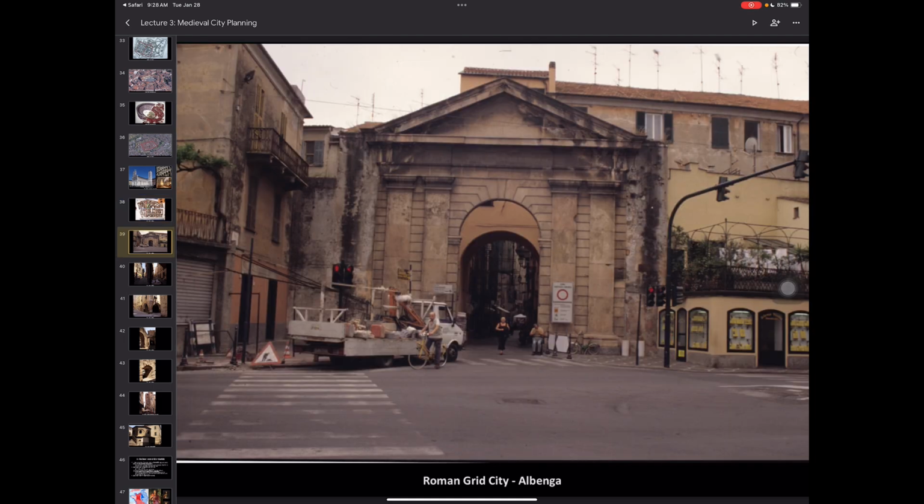This is the entrance to the city, right? So if you enter through the Cardo, it is marked by this gate. What style is this? What time period would this have been from? When do we see them have the rebirth of classical orders? Oh, Renaissance? Yes, it is a Renaissance entrance, right? So we know that at some point during the Renaissance, they tore down their medieval fortifications and they decided to beautify the city by giving it a more Renaissance look to it.